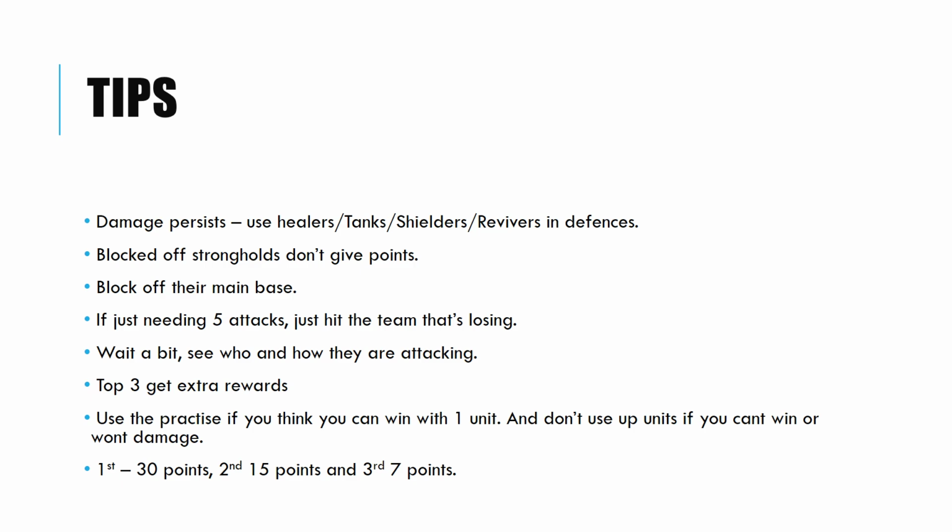And these strongholds, as I showed you in the first picture, there's paths in between those strongholds. So if the units can't walk from there, like the, well, not NPCs, but the little characters walking between them, they won't give you any points. If you need your 5 attacks, which is basically the minimum you need to do to gain the rewards,